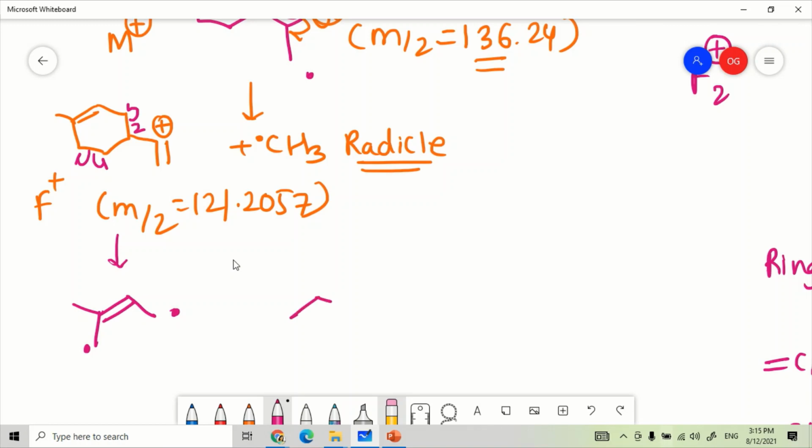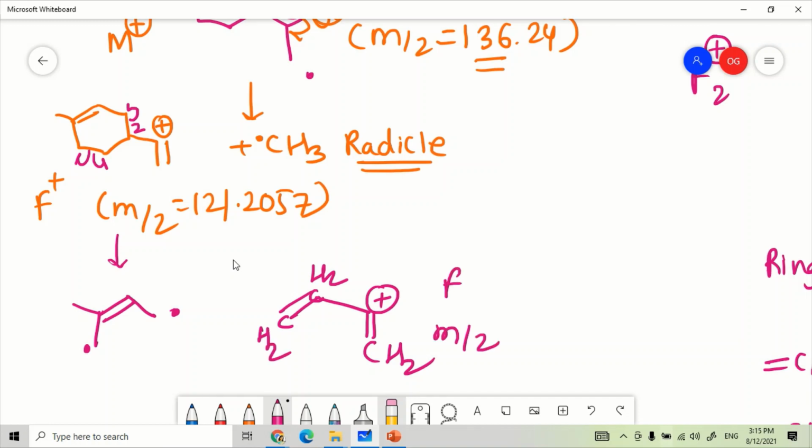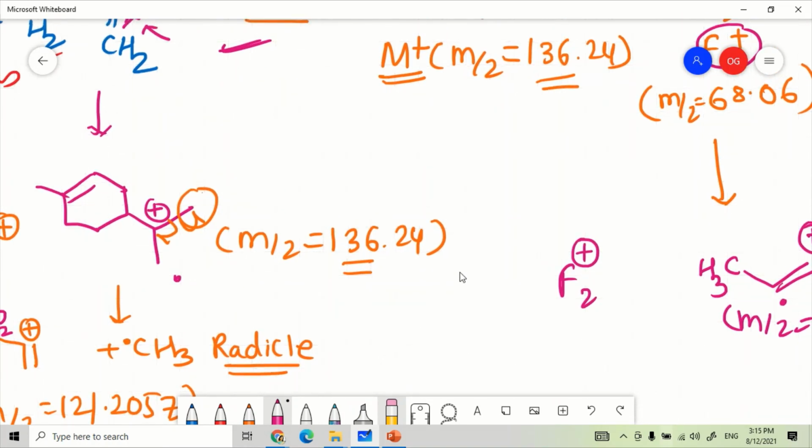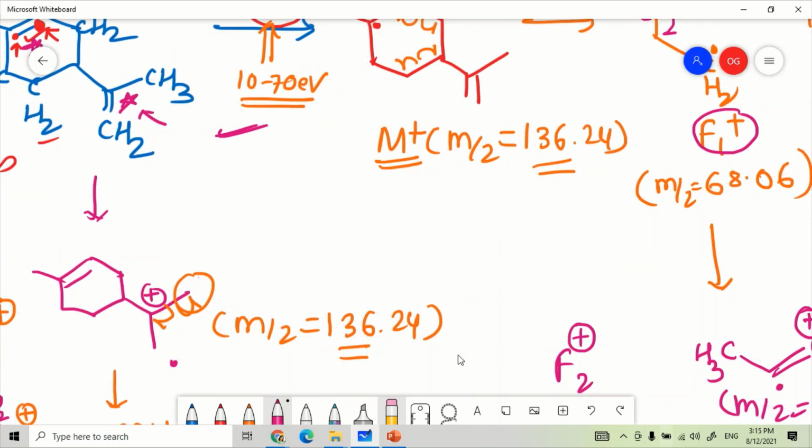So here in this case the fragment which is formed is like this, and the charge is here. A double bond can be formed over here, CH2 CH2. So this fragment ion will again have an m by z value of around 53.0898. So in such a way there are so many possibilities for these fragmentations by homolytic cleavage.